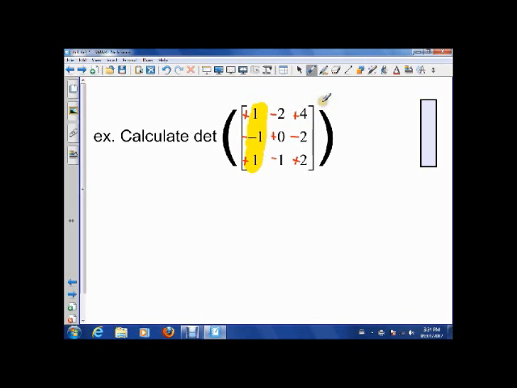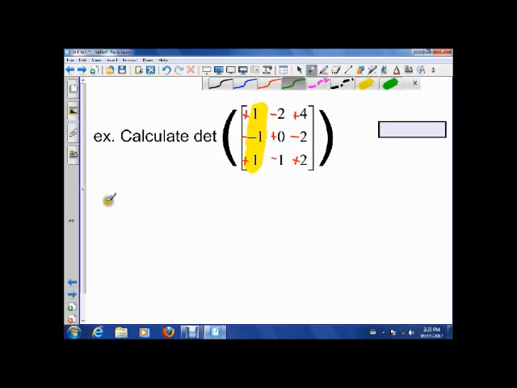Okay, so now that we've done this, what we're going to do is break this down into 3 different determinants of 2 by 2s. Okay, and the way that we're going to do that, we're going to look at the highlighted part, and we're going to use that column, and we're going to use these numbers here in different combinations to create 2 by 2 matrices. Alright, so what our answer is going to be is, we're going to look at that first highlighted number. It's a positive 1. Okay, so 1